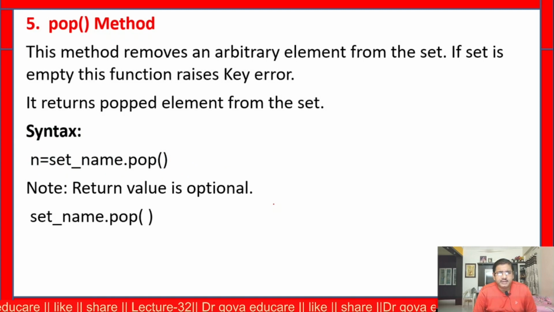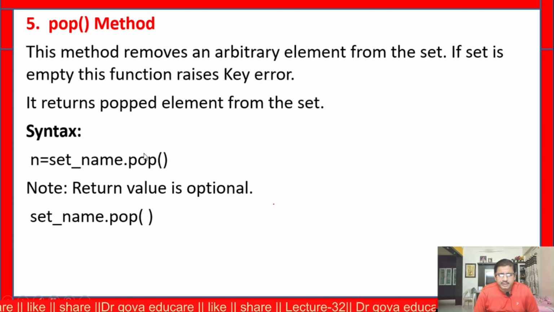Next, pop method. This method removes an arbitrary element from the set. If the set is empty, the function raises key error. The pop method returns the popped element from the set. This is the syntax: N is equal to setName dot pop.